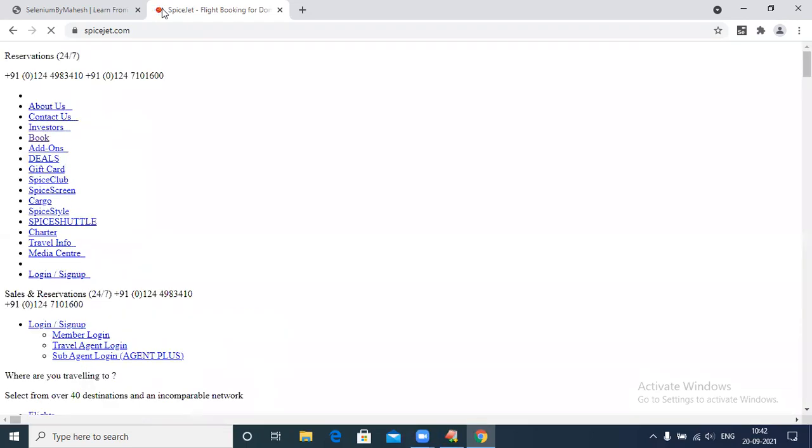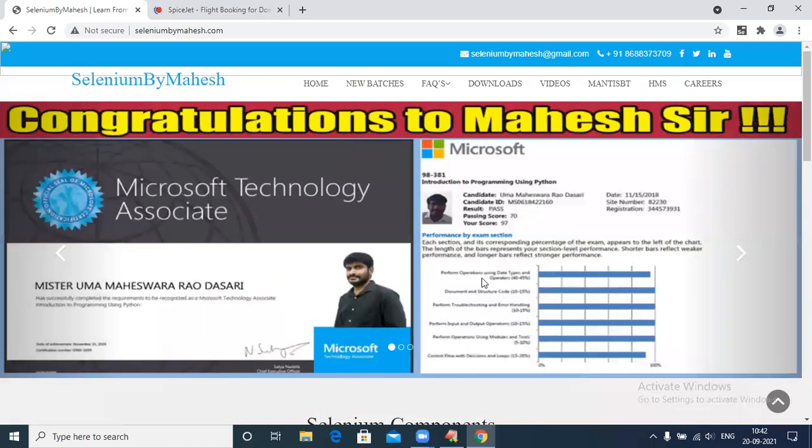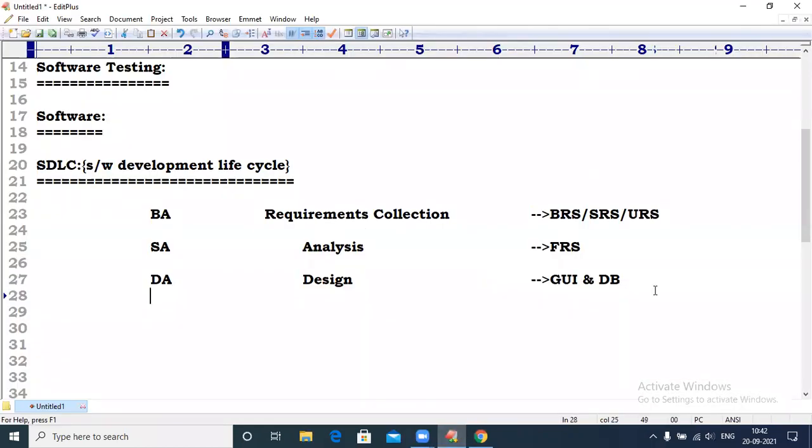The front-end technologies are HTML, CSS, Bootstrap, JavaScript like that. Back-end technologies are databases, SQL, Oracle. So every application has two ends.